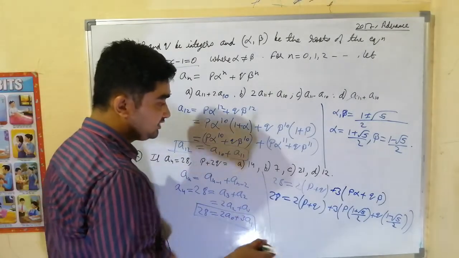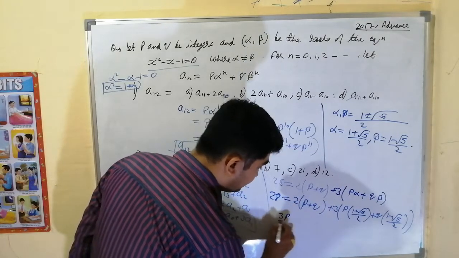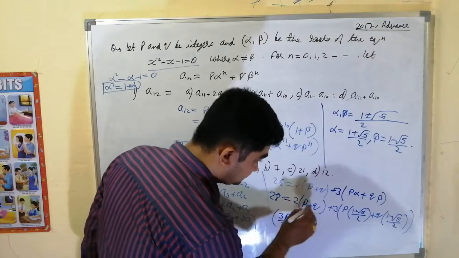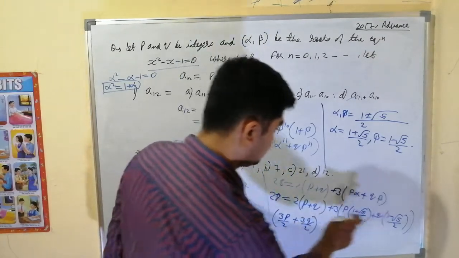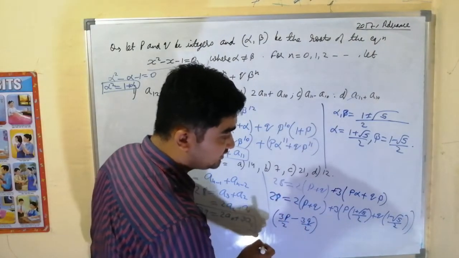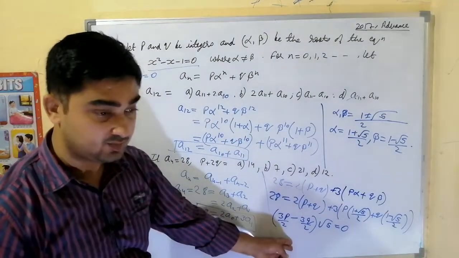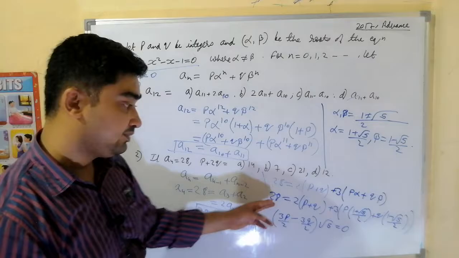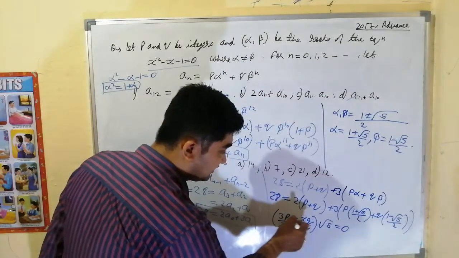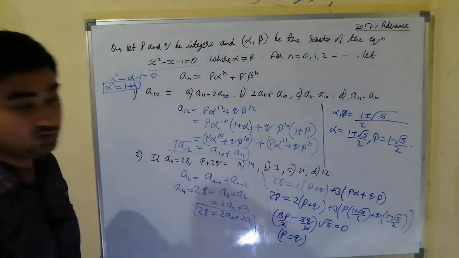What is the irrational part of the right hand side? It is 3p by 2 plus 3q by 2, plus, not plus, minus root 5. So it is minus 3p by 2 minus 3q by 2, root 5 common. That part should become 0. The irrational part on the right hand side should become equal to 0 because there is no irrational part in the left hand side. So from this we can get that p should be equal to q.